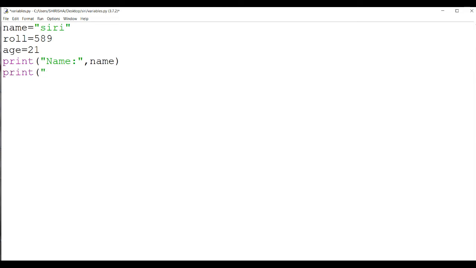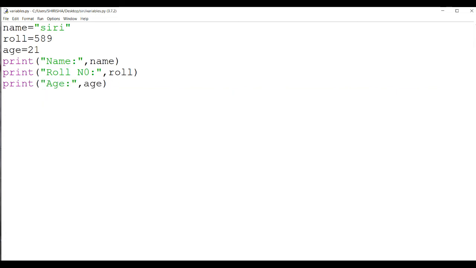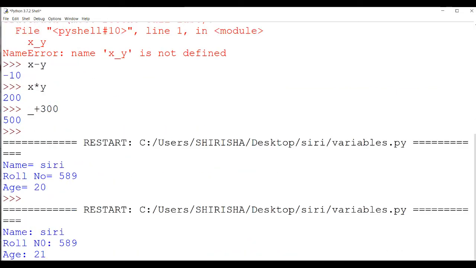Print roll number, print age. Save this file and run. Here you can see name is equal to Siri, roll number equal to 589 and age equal to 21.